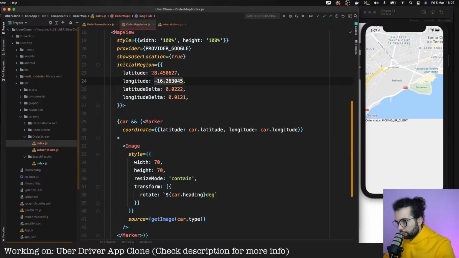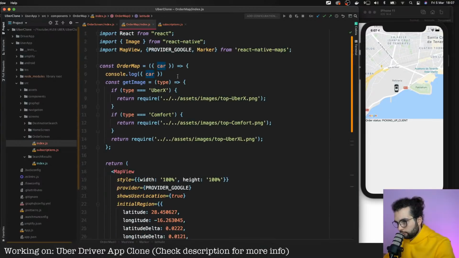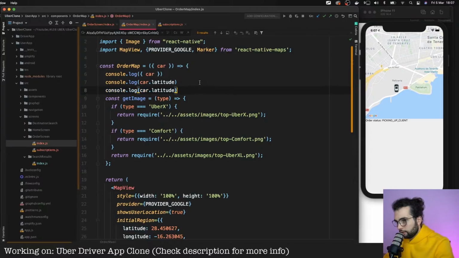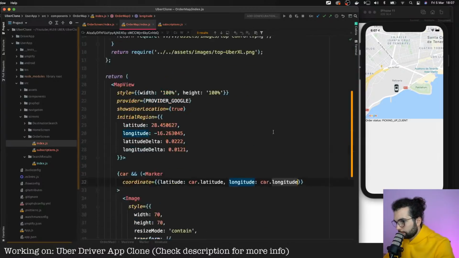Let me just try one thing. Latitude, this one. Will you show anything? And longitude, this one. Yes, it shows. Then what's the issue? Latitude and longitude.